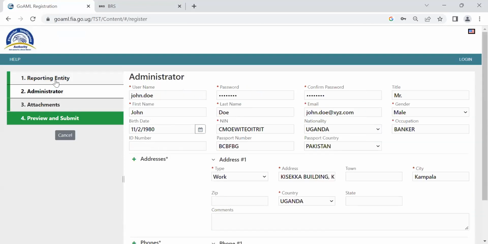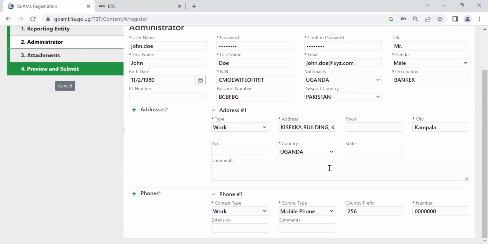Can we go back a little, on administrator? Yes. From the city, we're going down to the contact numbers, phone numbers. Is this phone number supposed to be a personal number or still office? It's a number they can reach the administrator on. So if you have an office line, you can put your personal mobile line, as long as you can be reached on it. That's the number I would expect there. But the majority put their personal numbers.